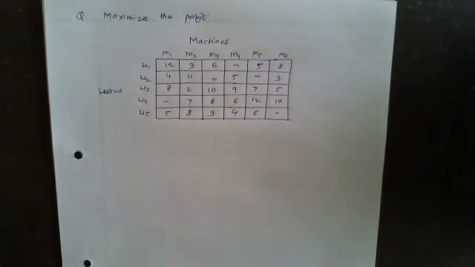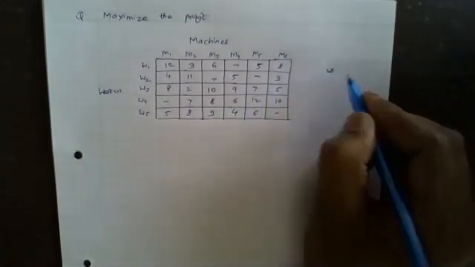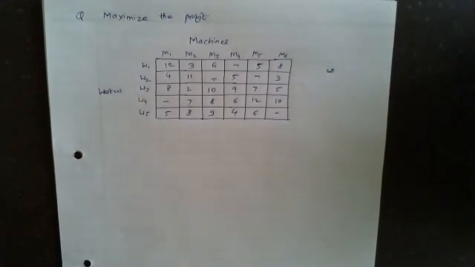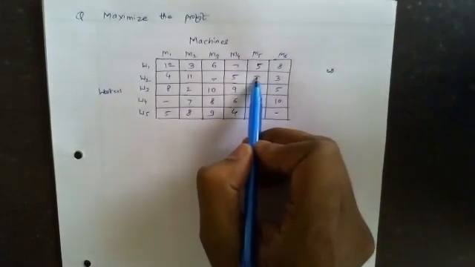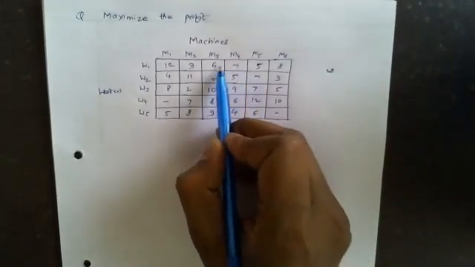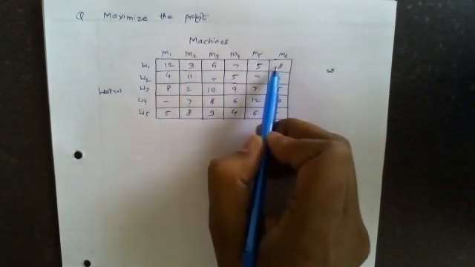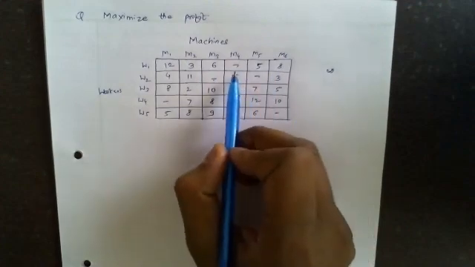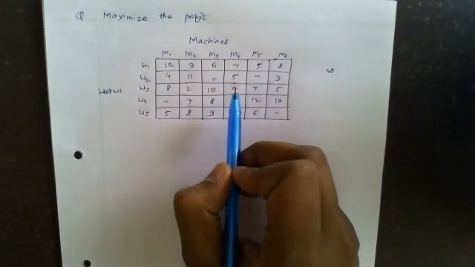Whenever you get this kind of question, what do you have to do? You just replace this unknown cell with infinity. Why are we taking infinity? Because we don't know which value to take. If we take 0, it has some meaning. If we take 1, it has some meaning. Suppose I have taken 1 here instead of this restriction, then 6 minus 1 will become 5, which means the value will change here. Are you getting it? If I take any positive value, then each value will change because of that particular value.